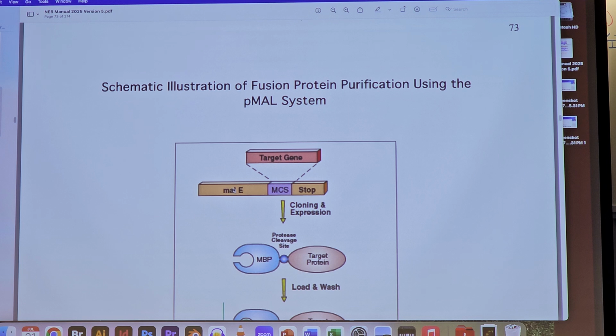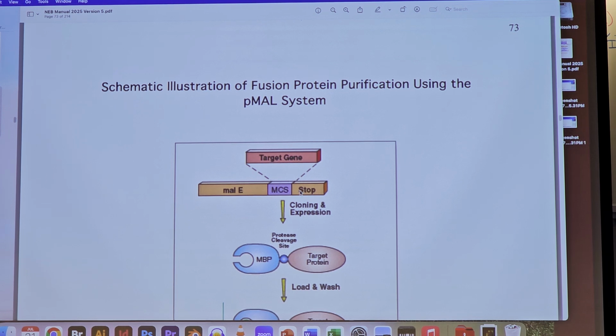Then the MAL-E gene, which is a normal gene from E. coli that codes for that maltose binding protein. Then we've got our multiple cloning site region here that we've cut out and replaced with our target gene, which is the GAPDH, okay? And then after that, we're going to have a stop codon at the end,